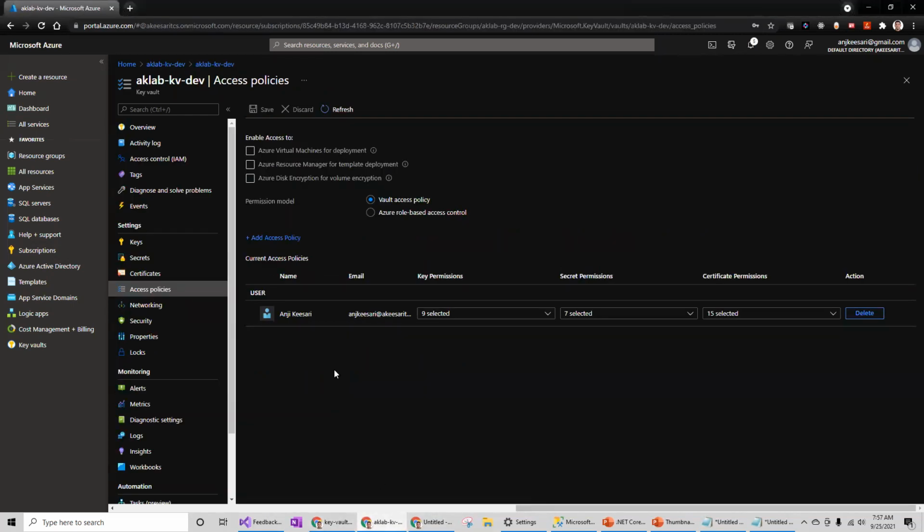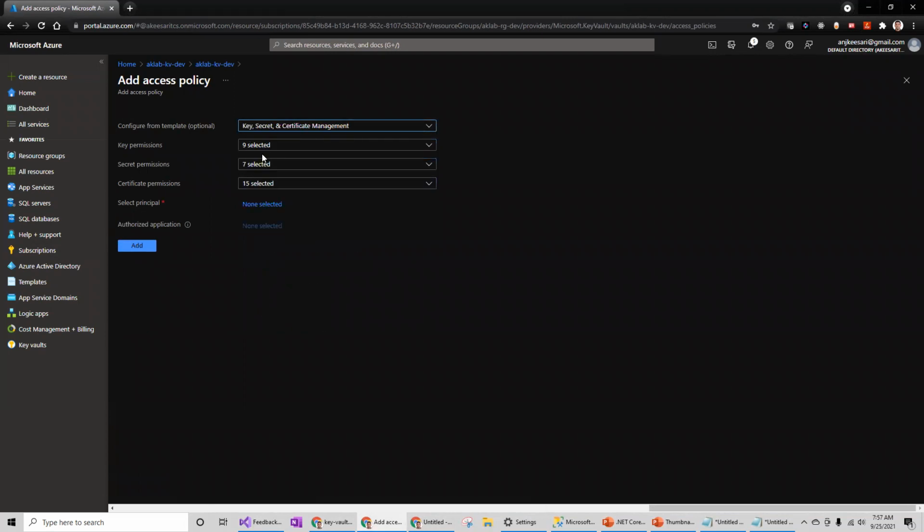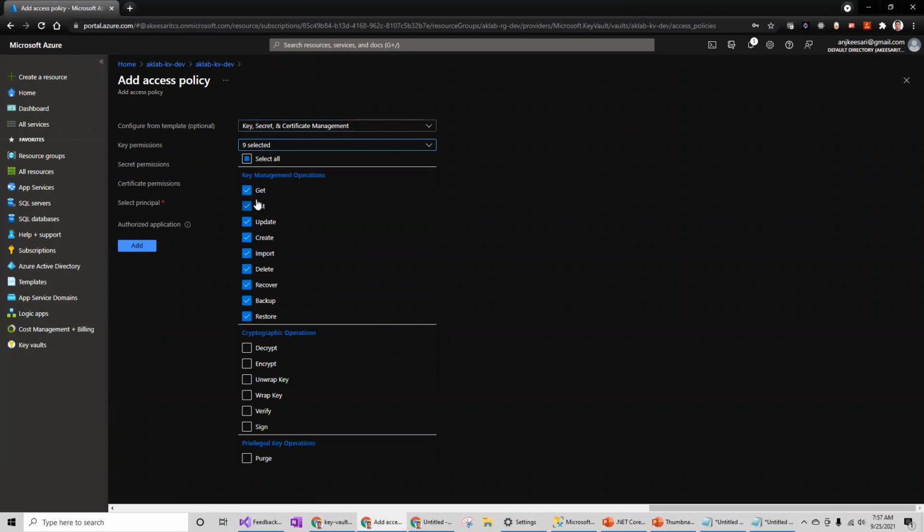And the second one, go to the Key Vault service and access policy. And we need to add a new access policy for getting the keys and secrets. Let me keep the get and list. So I don't want to provide the other permissions.